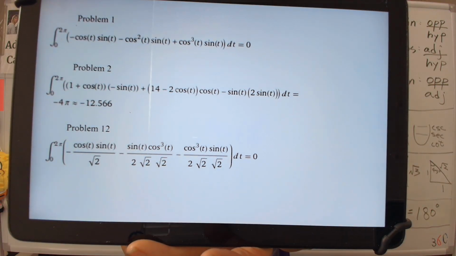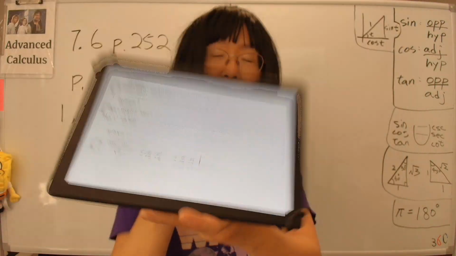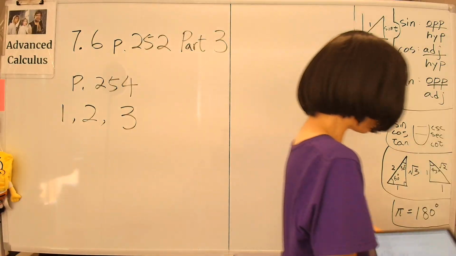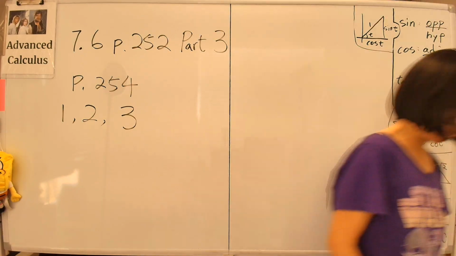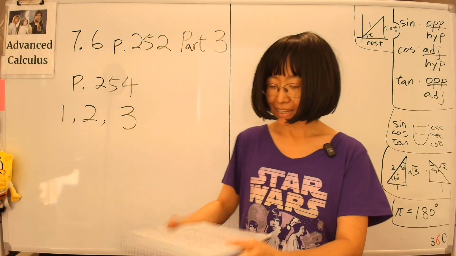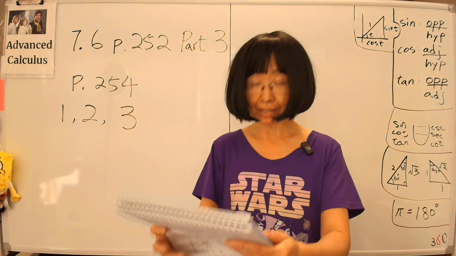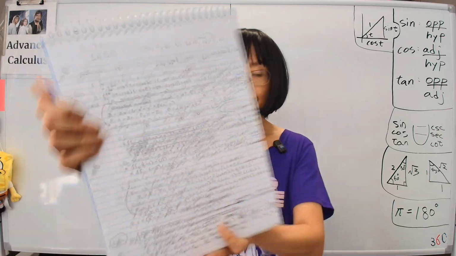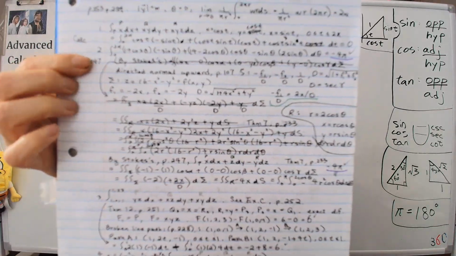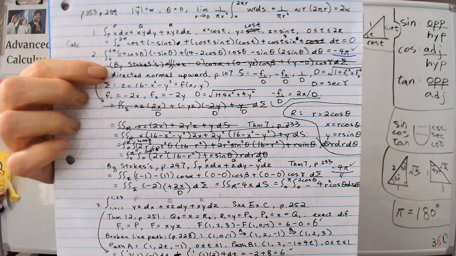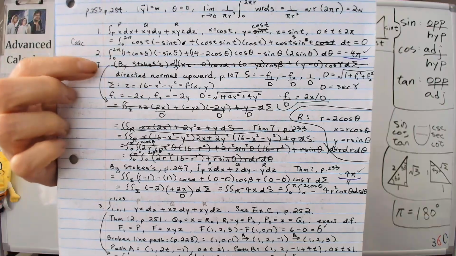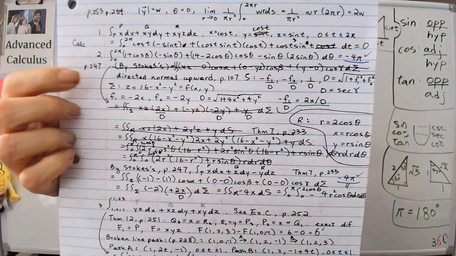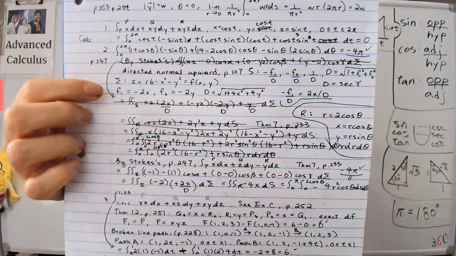And yes, it did it all without me having to move a brain muscle, because I sure don't want to bother with that. All right, so that is problem 2, and the first part, the easy part. The second part, we have to use Stokes' theorem, which means we have to go through a bunch of busy work. Okay, we have to figure out where the normal is, and what is sigma, and then